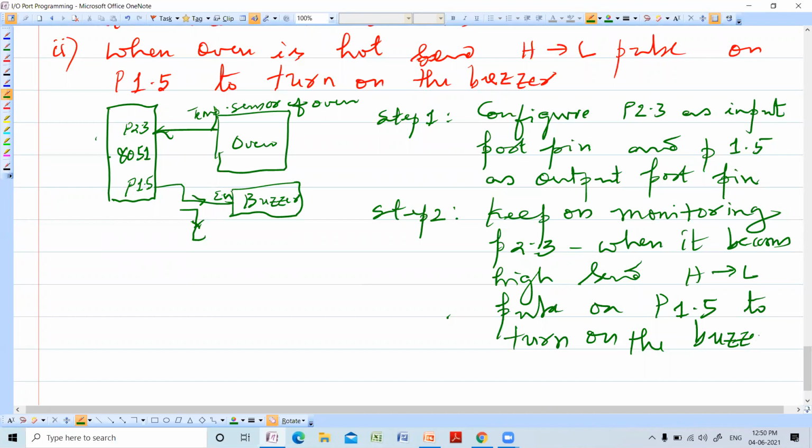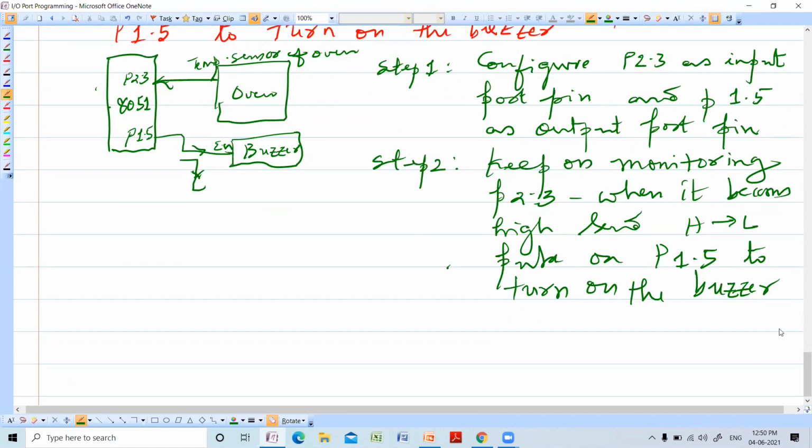Very, very important. This is the way you have to analyze and approach the problem. So always you have to write the hardware diagram first, then you have to write the algorithm. Finally, you should write the program.